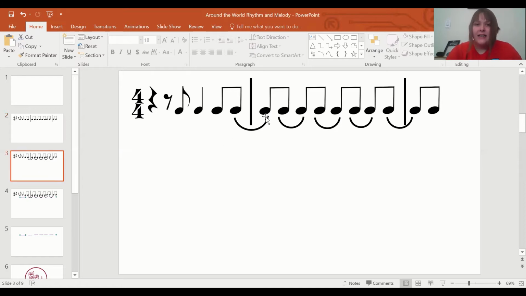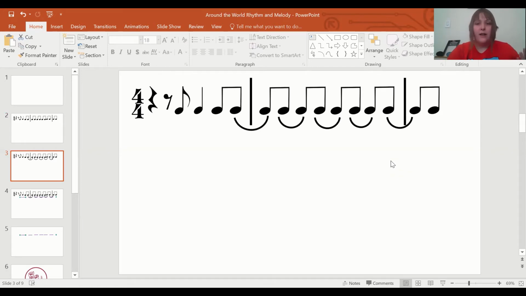These ties connect notes to where you only say the first one in the smiley face. So if we only say the first one, these eighth notes are now going to be connected into kind of a quarter note long sound. So let's go from the beginning again. Follow along with your eyes and your fingers. Rest, rest. Dee, ta, ta, dee, dee, dee, dee, dee, dee. Interesting. So now we have a closer sound to around the world.